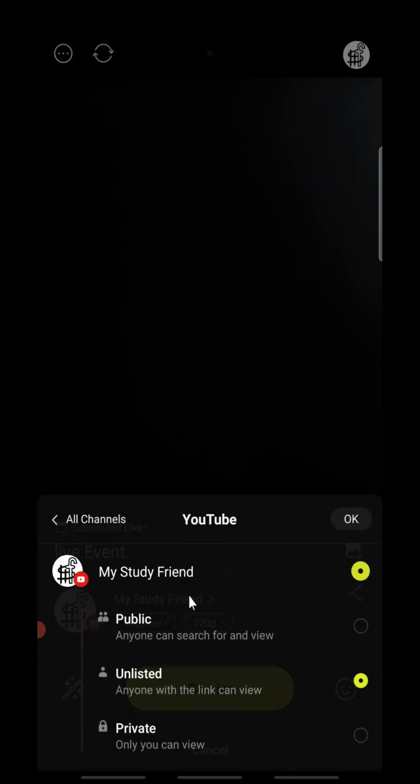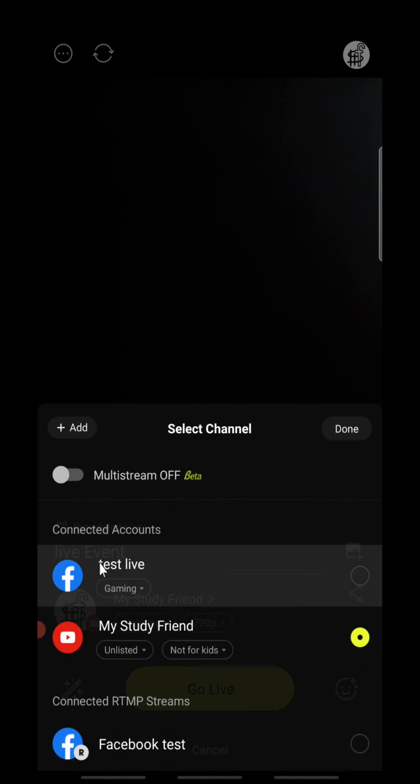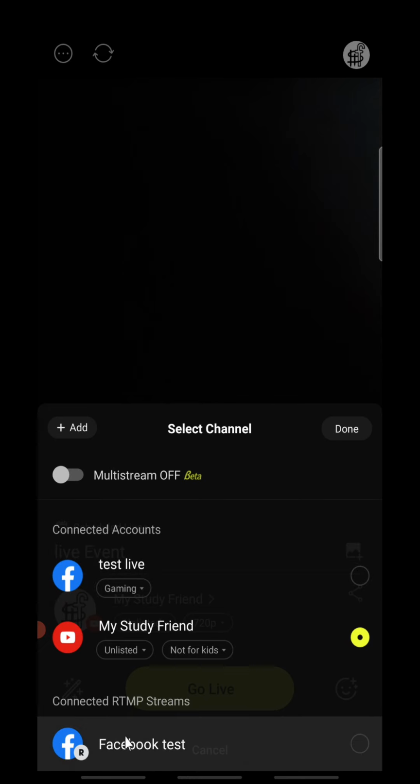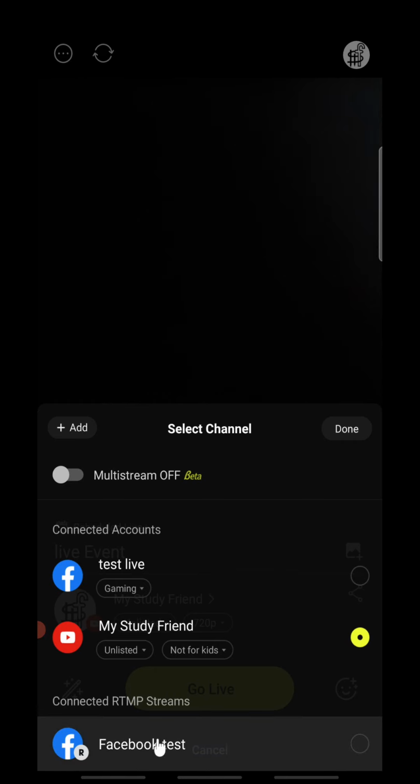For that, just press this icon, press here, then see, I have a test live setting here. You can also do it using RTMP streams. Connected RTMP means you can connect in real time to a server through which you can go live.